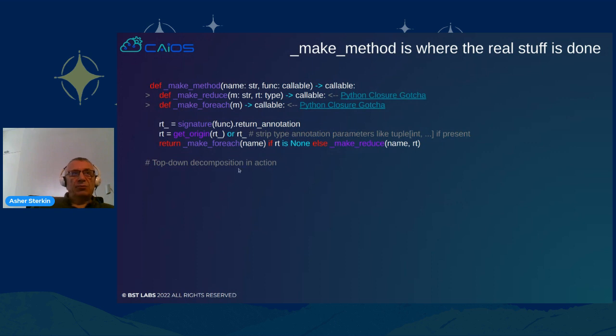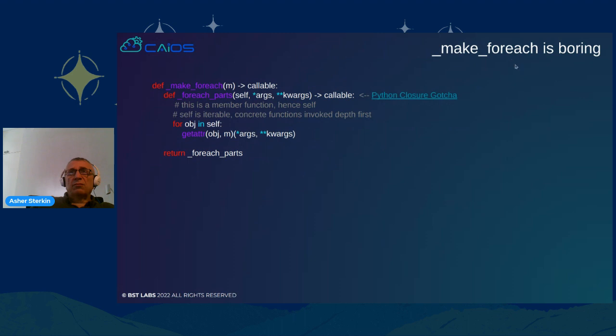So again, it's top-down decomposition in action. Pay attention that I just specify at a high level what I want to do, and then I go one level deeper and deeper and deeper. Make, which is pretty boring. I just run a for loop, extract. Let's not forget, I get a method name here, right? It's a method name,